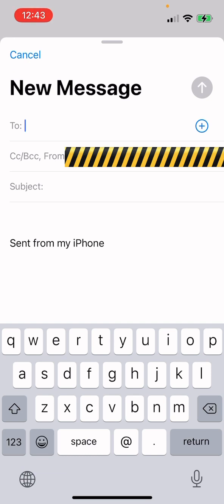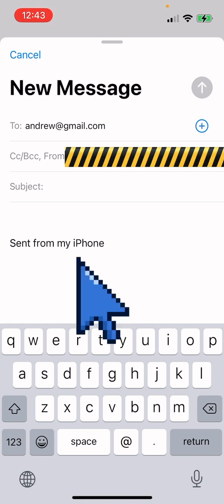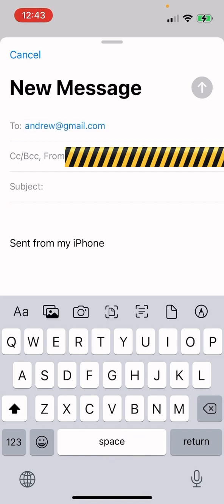You can type in whatever address you're going to send it to. Let's say I have a friend called Andrew. Okay, this is just an example. Now, as you can see right here, that's the signature. It automatically places it there. So every time I create a new message and I start typing,